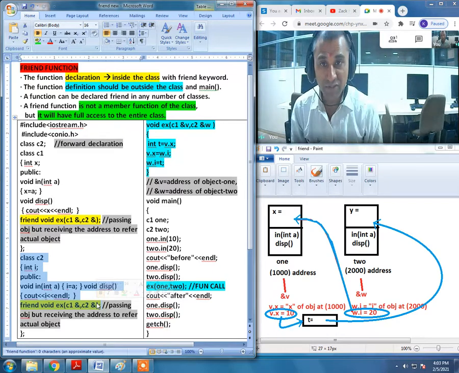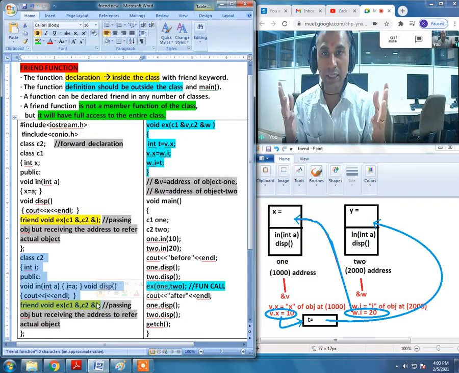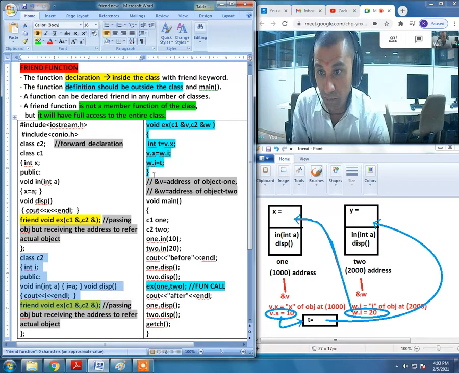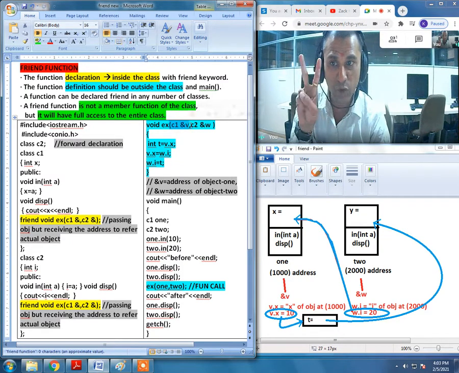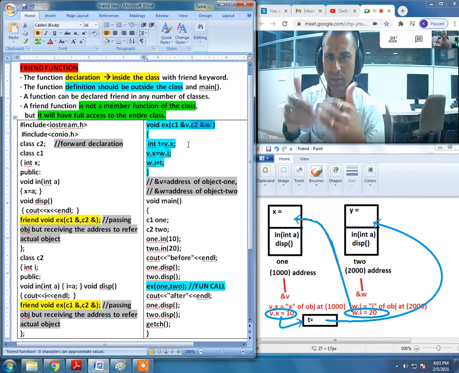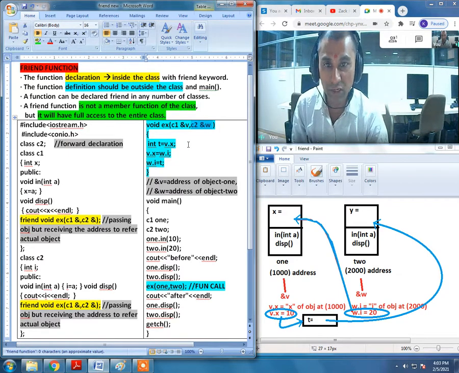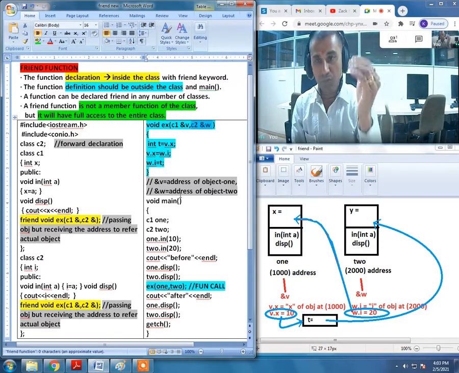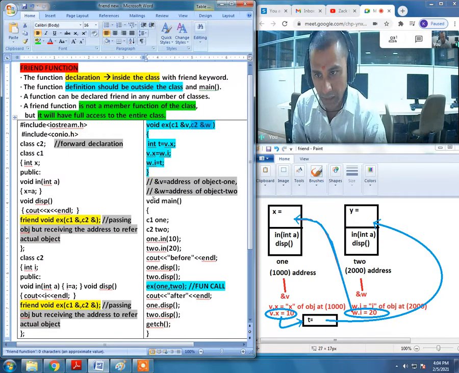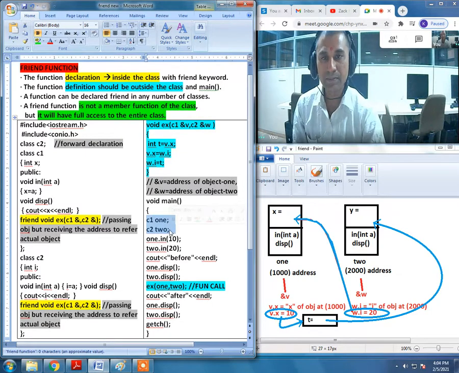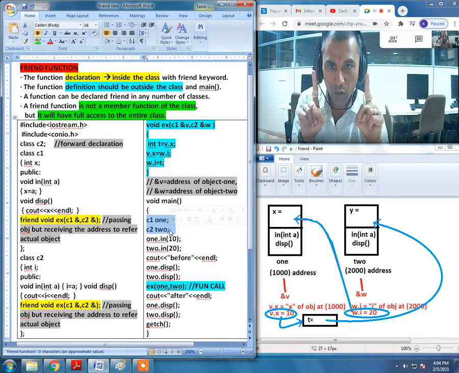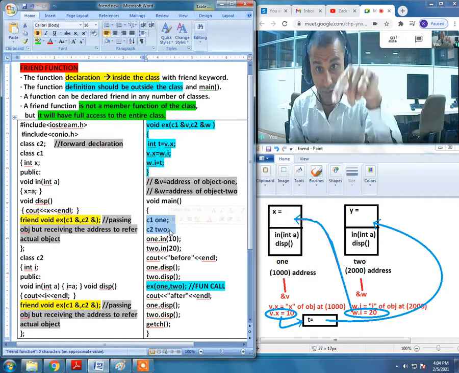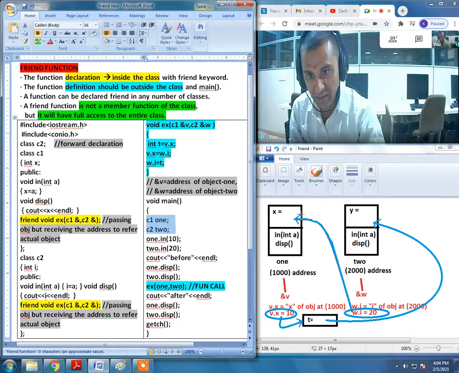All right, like we clarified, the definition has to be put outside the class. So this blue part is going to be the definition. The exchange function is going to receive one object from class C1, another object from class C2, and some logic part, exchanging the values of the objects. If we jump to the main function, in the first two lines, what you can see there is the initialization of two objects, class C1 object 1 and class C2 object 2. Now take a look at this diagram.